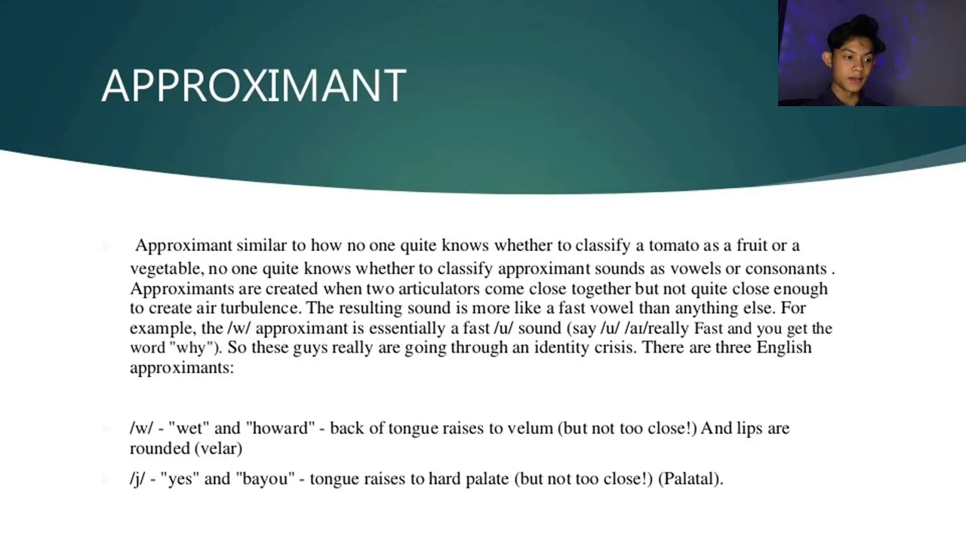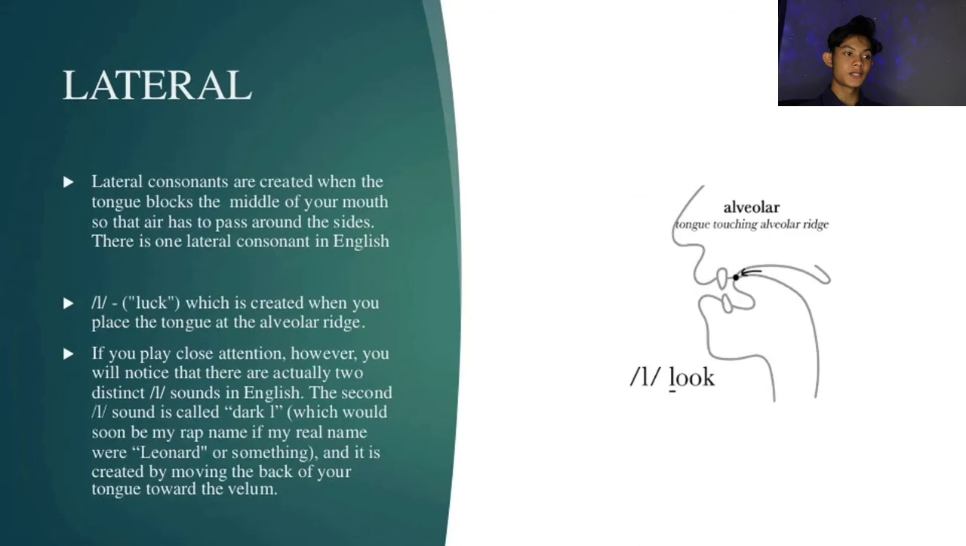The second is yes and boo. Tongue raised to the hard palate, but not too close. Palatal. The other type of manner of articulation is lateral. Lateral consonants are created when the tongue blocks the middle of your mouth so that air has to pass around the sides. There is one lateral consonant in English, which is